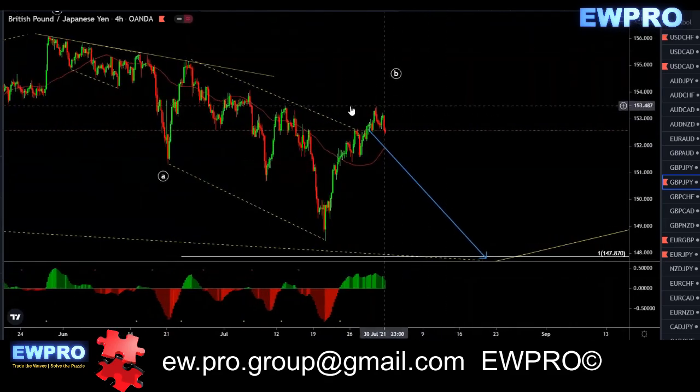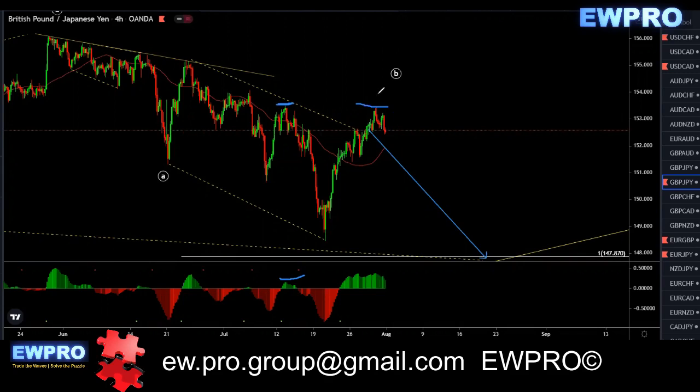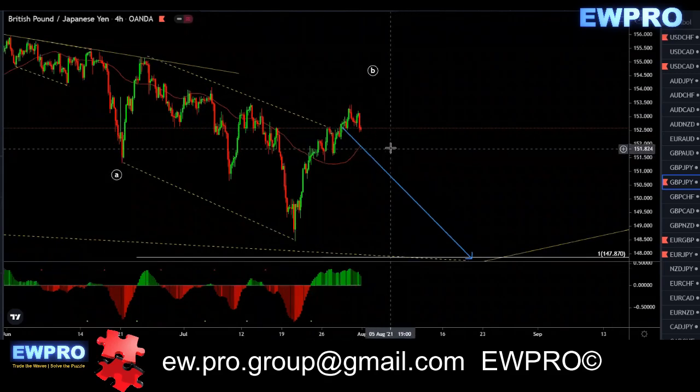broken above this top. It's very close, but we still have bear hidden. It hadn't broken above this top. Ideally, I'd like to see it break above that top before we look for the buy. Because like we've seen here, we had that bearish hidden here, and it went down and broke the low. Again, we had bearish hidden here. It went and broke the low. Now we have bearish hidden again. It can go and break that low. So you have to be very careful